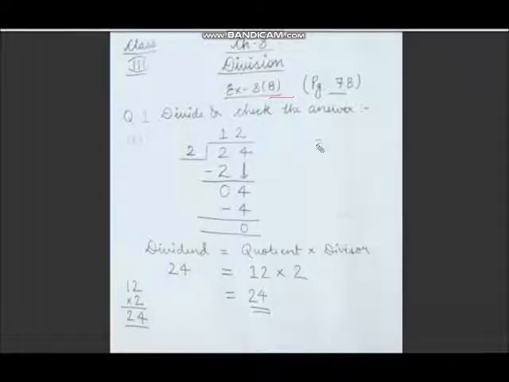We have to divide 24 by 2. हमें क्या करना है? 2 को 24 से divide करना है. So here 2 we will write in the divisor part, 24 we will write in the dividend part. Now start dividing the numbers. In the table of 2, this 2 comes, first digit of this number 2 comes 1 time. So 1 we will write in the quotient part. 1 हम कहाँ लिखेंगे? यहाँ quotient में.